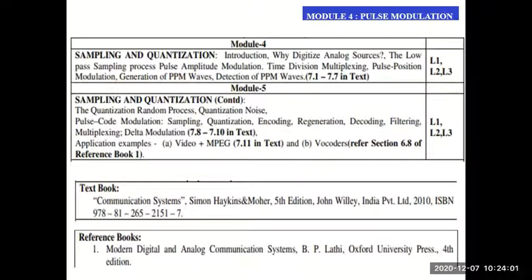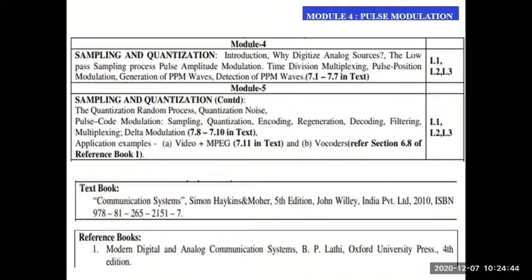And then pulse amplitude modulation. So in pulse modulation, we have different techniques. In that, we'll be talking about pulse amplitude modulation in detail because it is part of the sampling process. And later on, we'll talk about another type of pulse modulation known as pulse position modulation, PPM. So generally, we'll be talking of these two types. But in order to understand PPM, we also have to go through the second pulse modulation process, which is known as pulse width modulation, also called pulse duration modulation.